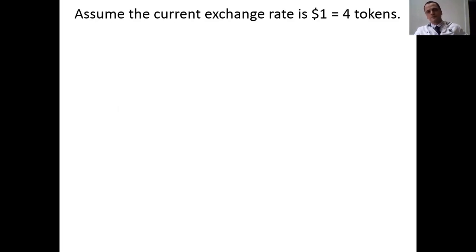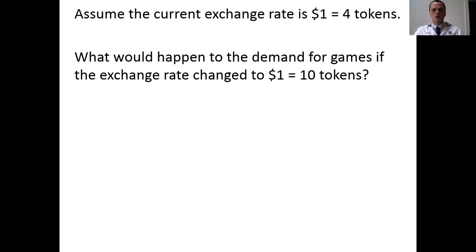Let's assume the current rate of exchange is $1 for 4 tokens. Not a bad assumption. Each token is about 25 cents. So let me ask you this. Let's say that Chuck E. Cheese decided one day that they were going to change the exchange rate of dollars to tokens from $1 equals